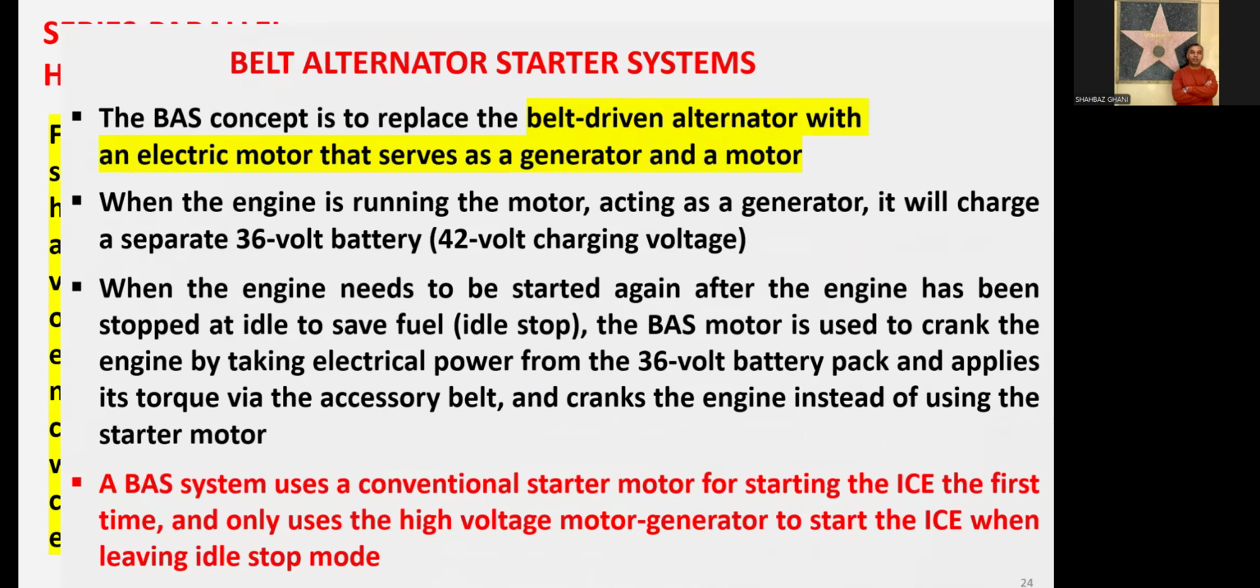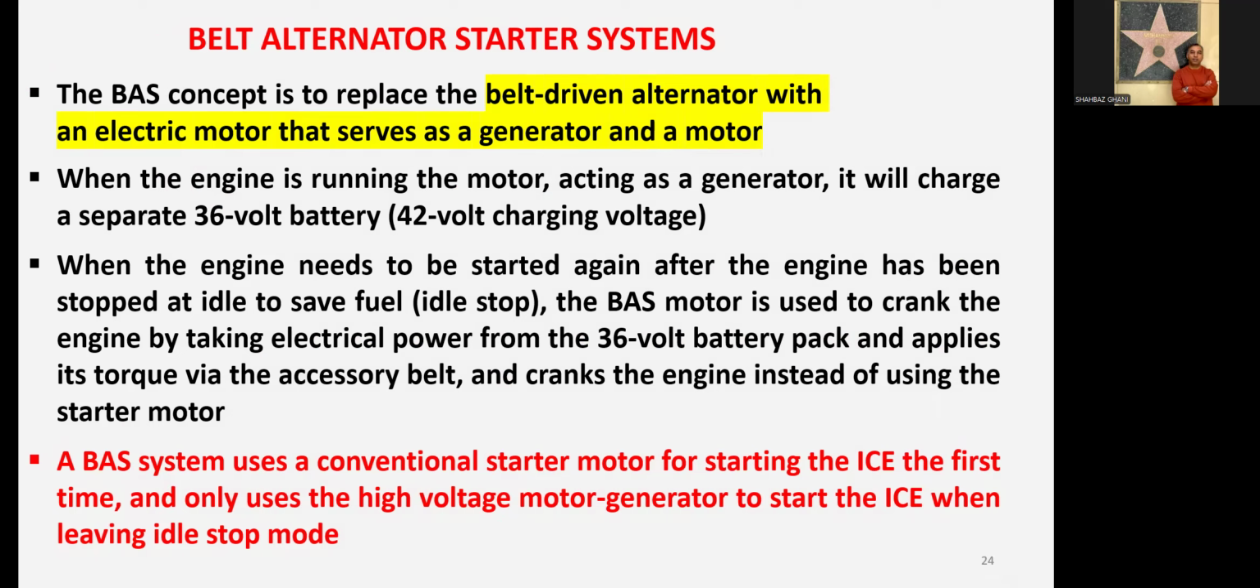Now the fourth one, that was the belt alternator starter system. The BAS concept is to replace the belt-driven alternator with an electric motor that serves as a generator and a motor. When the engine is running, the motor acting as a generator will charge a separate 36-volt battery, with a 42-volt charging voltage. When the engine needs to be started again after the engine has been stopped at idle to save fuel, idle stop, the BAS, the belt alternator starter system motor is used to crank the engine by taking electrical